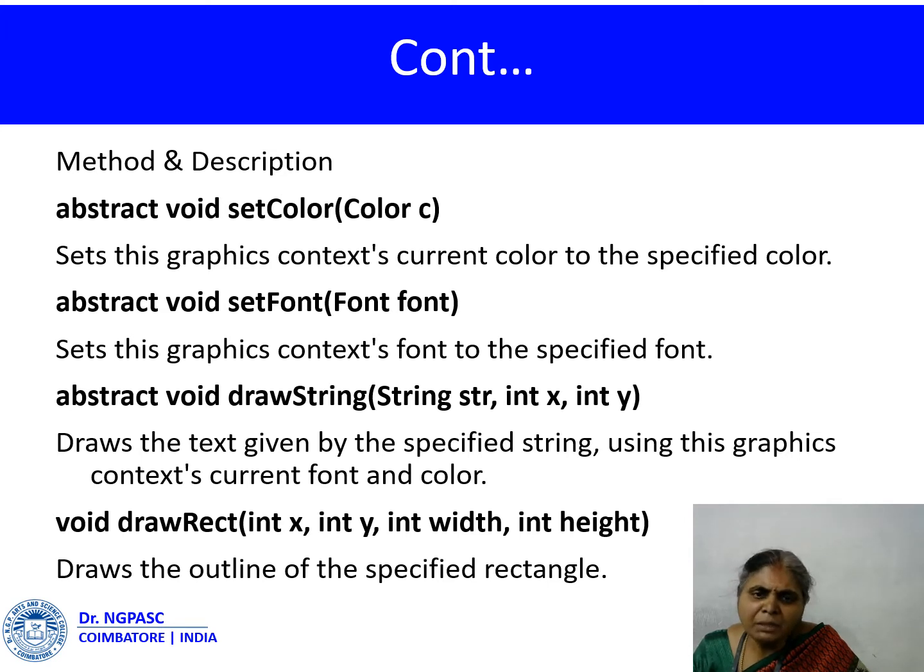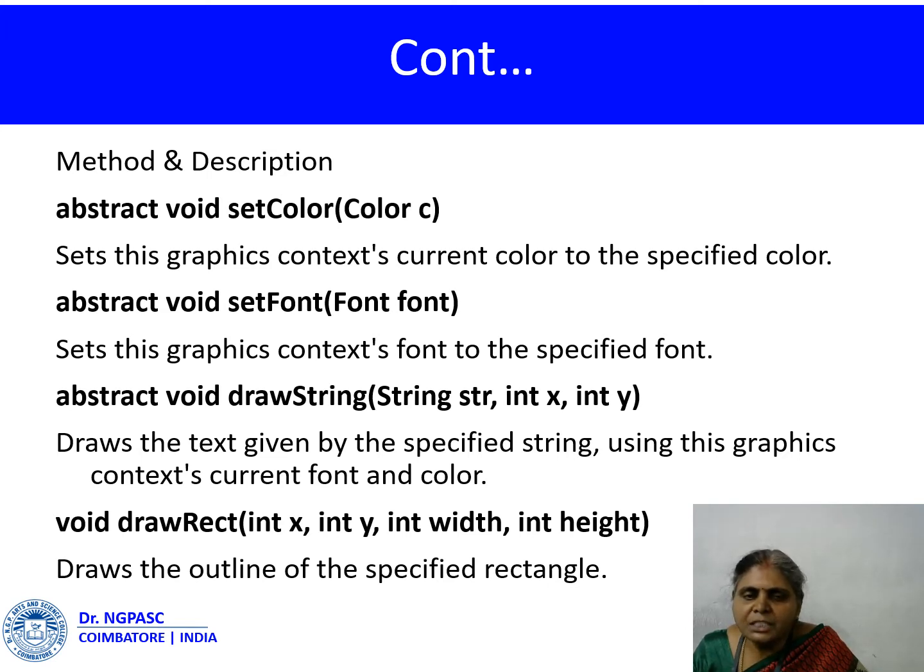The next method is the drawString method. Normally in drawings, if we want to specify some titles and text within the diagram, then we can make use of the drawString method. This method takes three parameters: the string we really want to display, and the location where we want to display it in terms of a point x comma y.